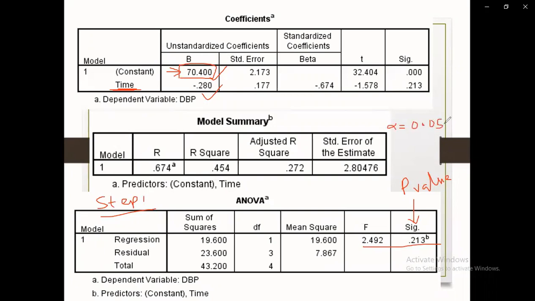And we all know that in comparison, anytime that our p-value is less than the alpha value, then we conclude that the test is significant. So significant in the sense that we would have to reject